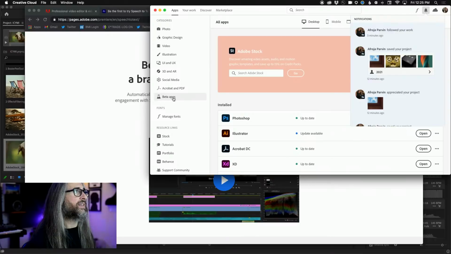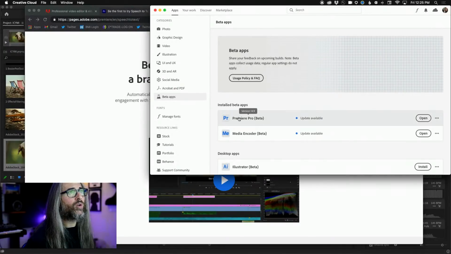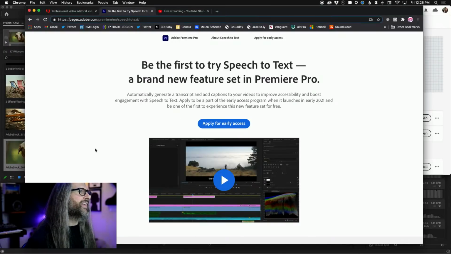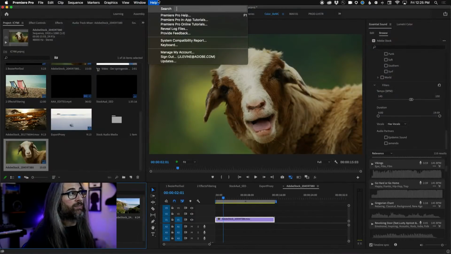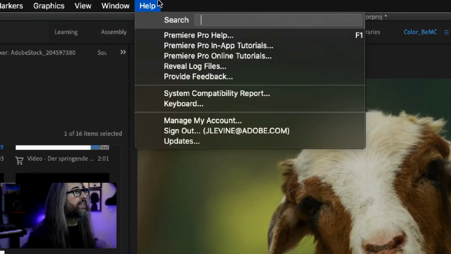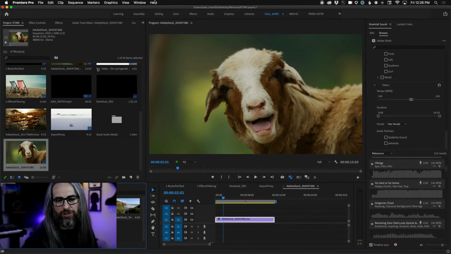All of you can access this right now by going to the beta apps section in Creative Cloud and downloading Premiere Pro Beta. And then in the Premiere Pro Beta, there's actually a beta menu item up at the top. You're not seeing it because I'm in the release version. Under that menu, there's something that says Enable Caption Workflow, and that's all you've got to do. Check it out. It's awesome. That is still in beta, but that will be coming sometime in 2021.